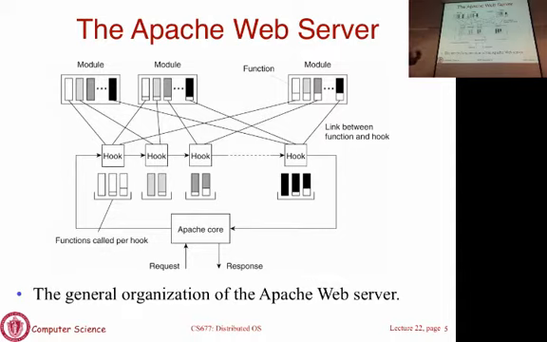So a variety of different architectures, but regardless of whether you're multi-process or multi-threaded, here is what the overall architecture looks like. So Apache is modular. There's a core component that's going to do basic HTTP processing. But you can extend the functionality of the server in many different ways by injecting what are called modules. Modules are components that you can inject anywhere in the request processing pipeline. So what is shown here is the request processing pipeline. A request comes in, it's handled by the core of Apache, then given to module 1 and module 2 and module 3 and so on.